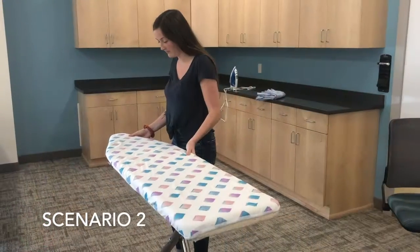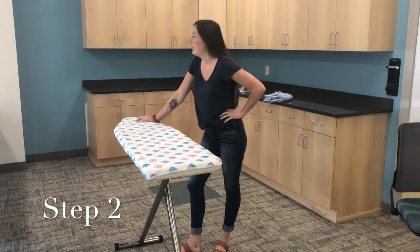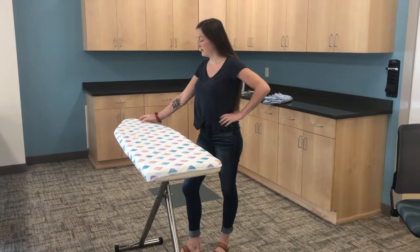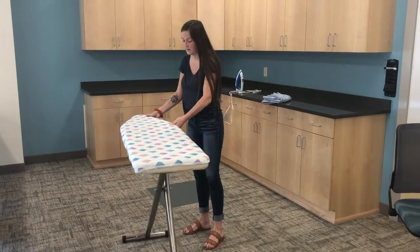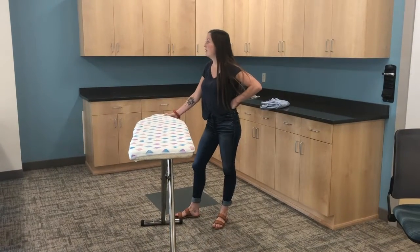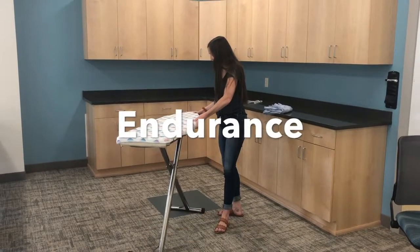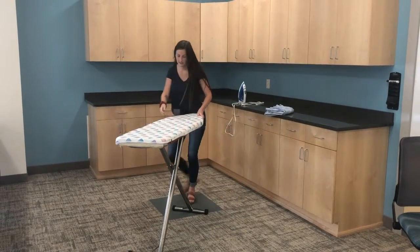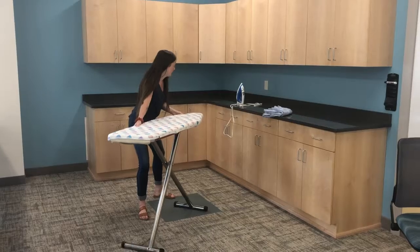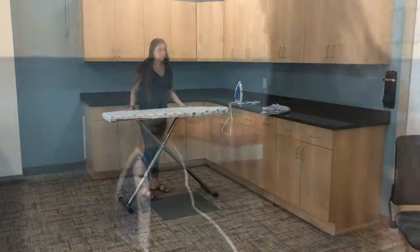The second step of ironing pants is making sure the equipment is in the right place. For example, moving the ironing board close to the outlet where the iron was plugged in to make sure it reaches. The client has to lift the board and walk it to the right place and have the endurance to move it with no issues. They also have to have the necessary gross motor skills as well as movement and muscle function to complete